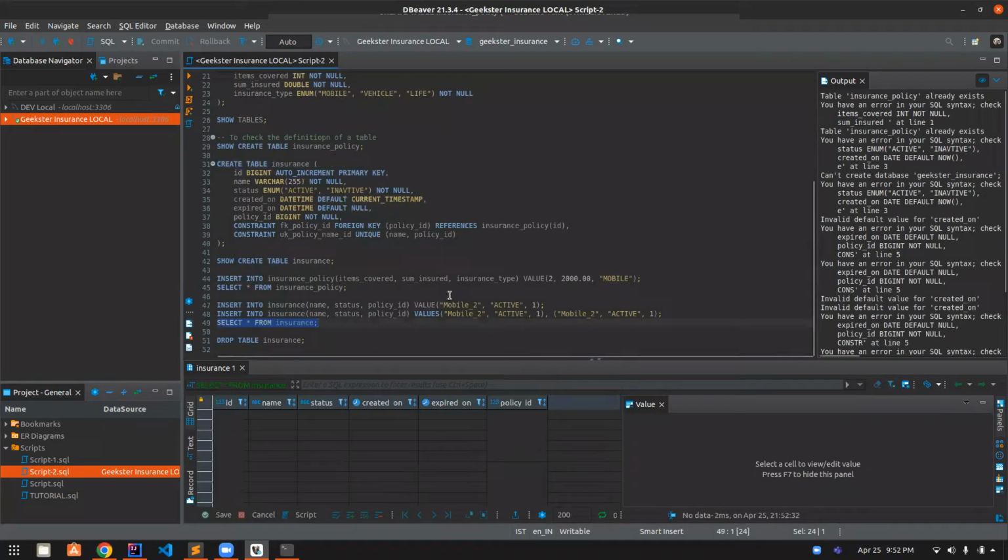Yeah, you can see that actually none of the values got executed, because it complained. So it tried to insert this one, it inserted it successfully, then it tried to insert this one as well. Remember how I told you that